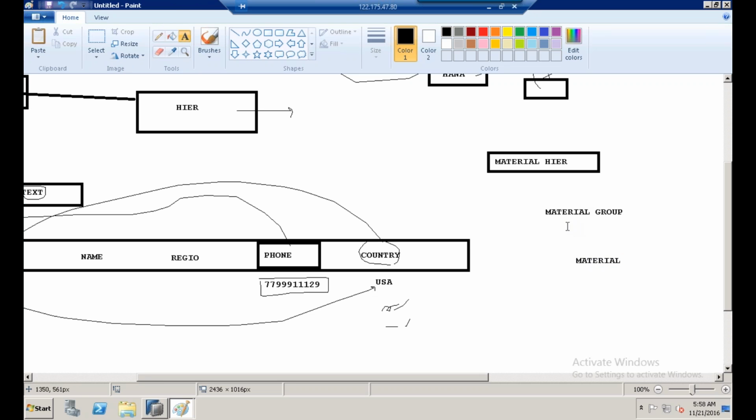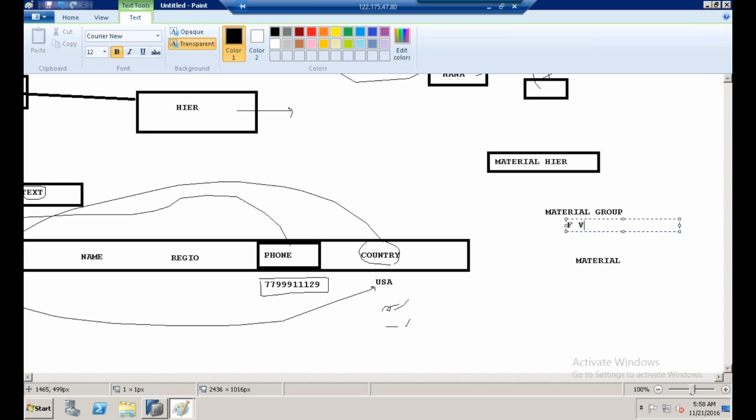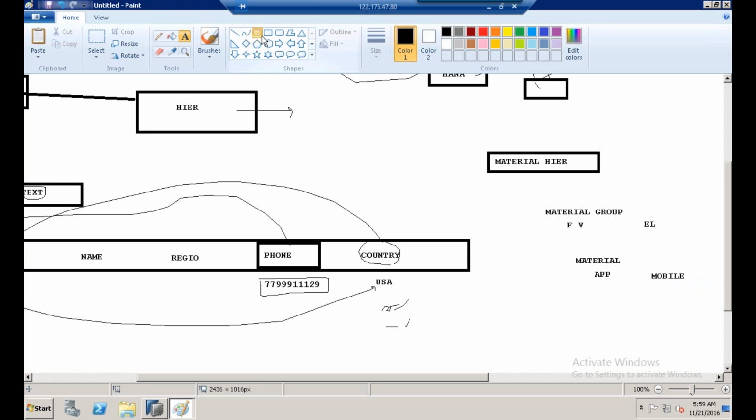So material group like fruits and vegetables, under this you have apple. Material group electronics, you have mobiles. So under each material group you have different materials. So on the top you have material group, under this material group you have material,